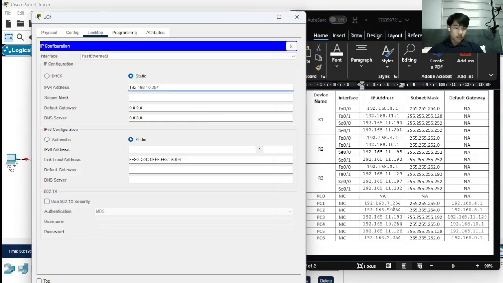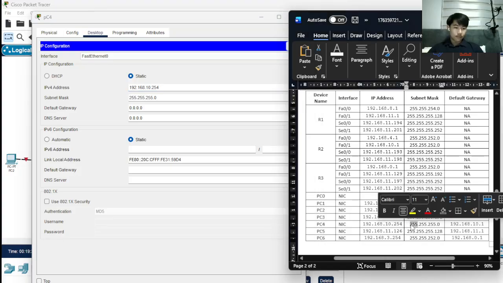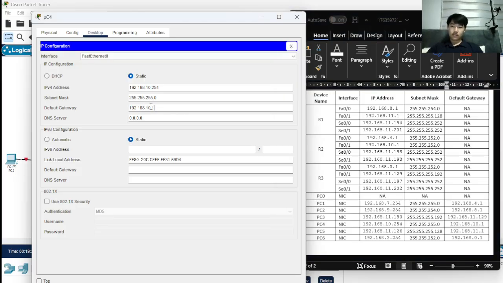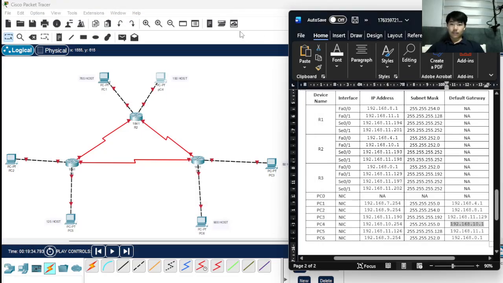For the subnet mask, 255.255.255.0. Okay. For the default gateway, 192.168.10.1. Okay. For the PC5